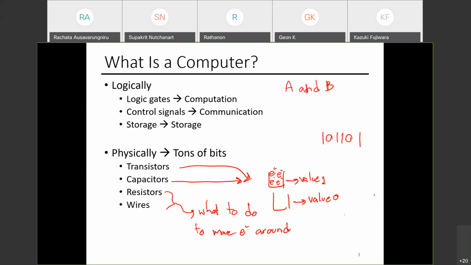Any questions about this? Basically, you represent ones and zeros using either there are no electrons here or there are electrons. And with ones and zeros, if I can implement a simple logic AND, OR, and NOT, I can build anything. I can build an adder. I can build a logic that does multiplying. I can build a logic that checks if else.